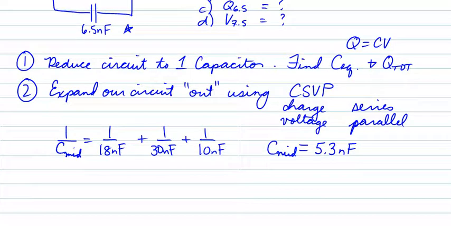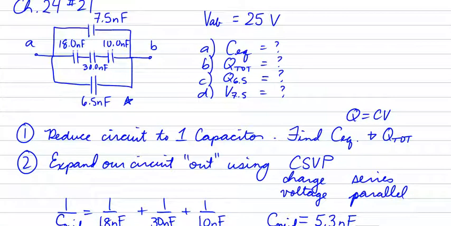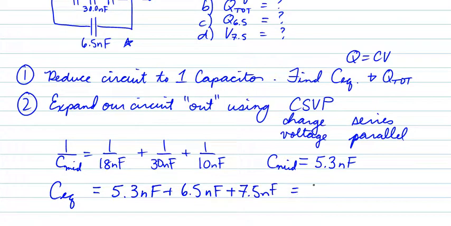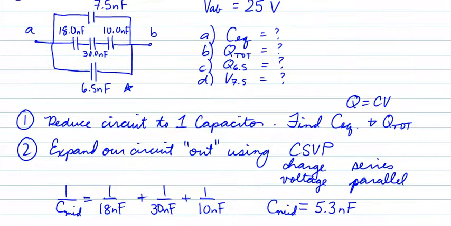We have two other branches, if you will. The middle branch is 5.3 and the top and bottom branches are 7.5 and 6.5. So that means that the equivalent capacitance of the entire circuit is 5.3 plus 6.5 plus 7.5, and that turns out to be 19.3 nanofarads. That is our actual